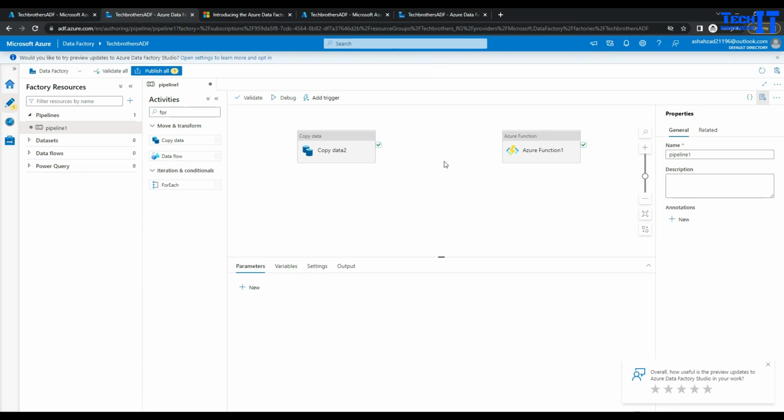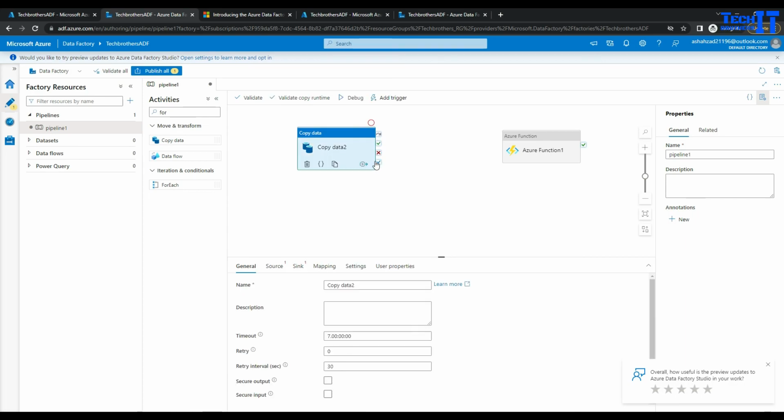But anyways, you learn how to turn on this studio feature, and how it is beautiful by adding these different items here, and also with the for each loop. You can work straightforward in the front of the for each instead of opening inside and all that. So there could be other places where this will be implemented. I will say go ahead and turn it on, enjoy that. If it is an existing pipeline, it's not going to do anything bad to it. So you can start playing with the latest